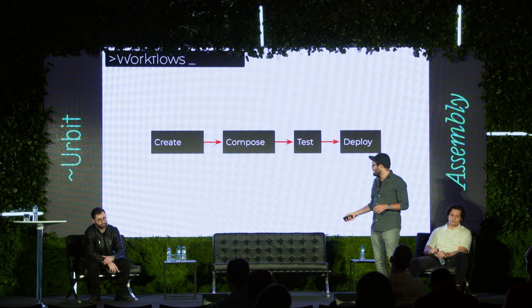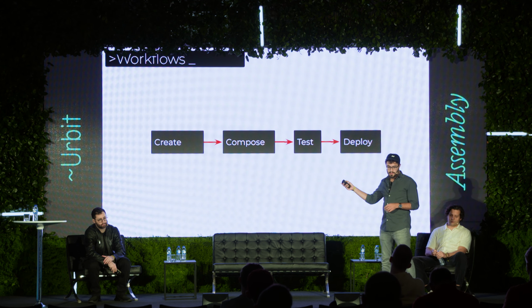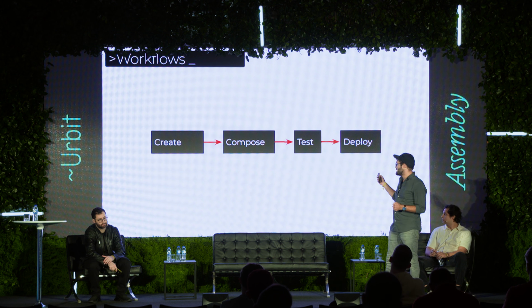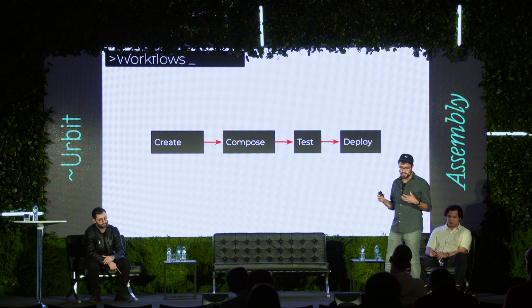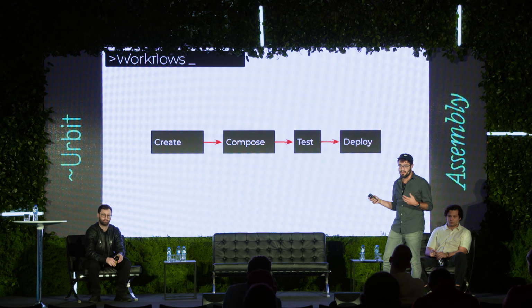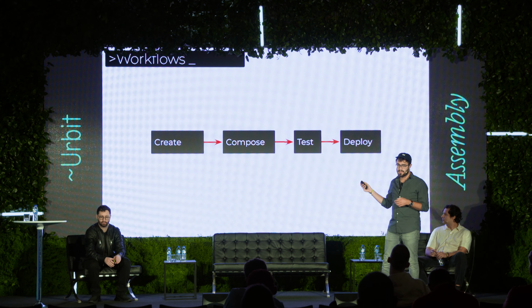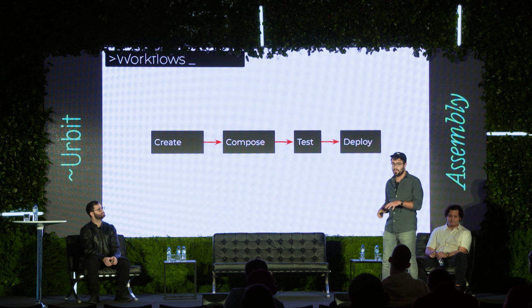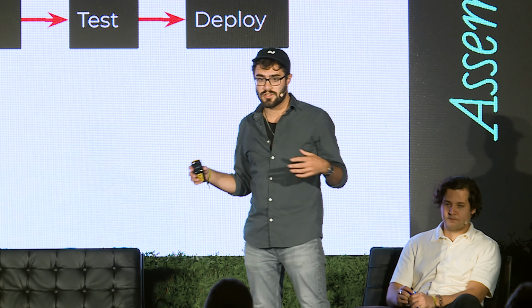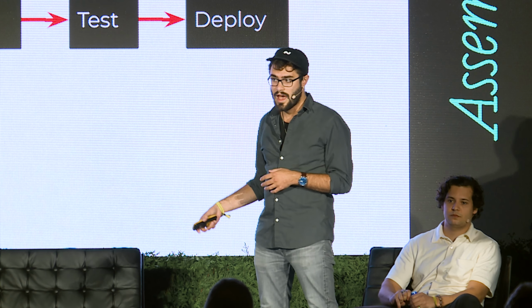And really, that means you want to do 4 things. You want to be able to create, compose, test, and deploy. Generate an Urbit project with sensible defaults and a project structure set up for this type of package management and composability. You want to be able to grab packages seamlessly, install and run them on your test ship or fleet of test ships locally as you work, and then ultimately deploy.